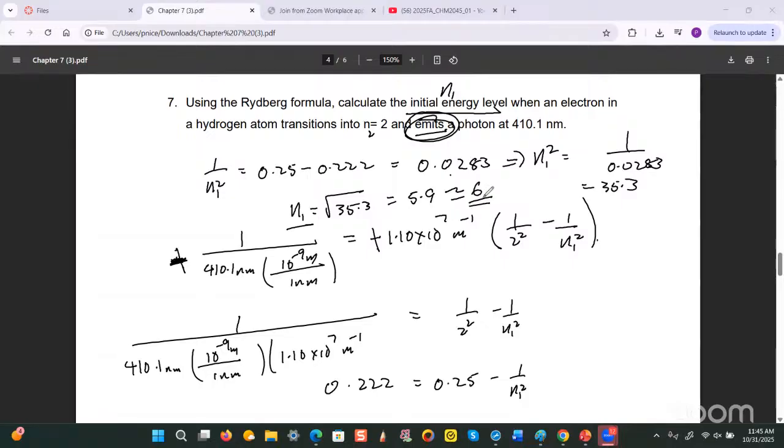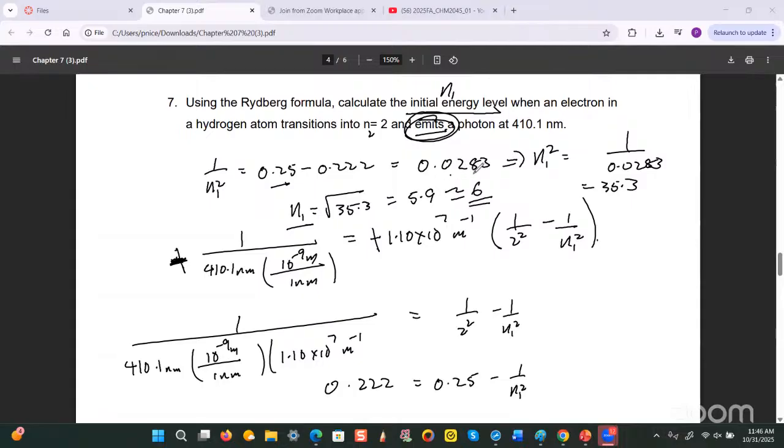Yeah, so when you're subtracting, do you want us to use the sig figs? Good question. So the thing about it is that 25 here comes from 1 over 2 squared, right? 2 is an exact number. So this, as a result, would be exact as well. 1 over 4 squared would be exact. This has 3 decimal places. So basically, because this is exact and that has 3 decimal places, this determines the extent to which you